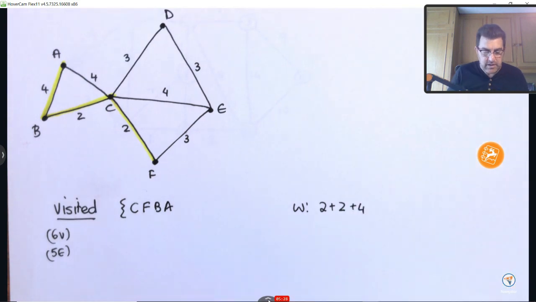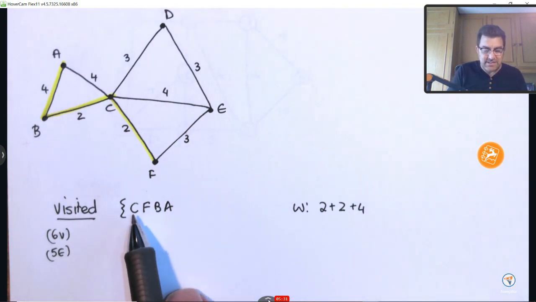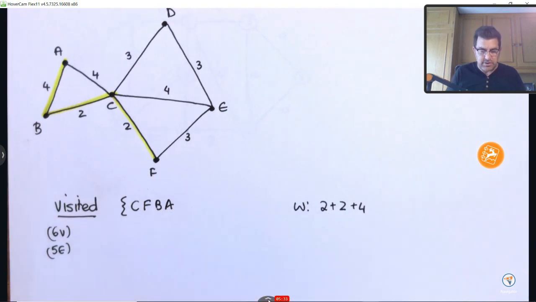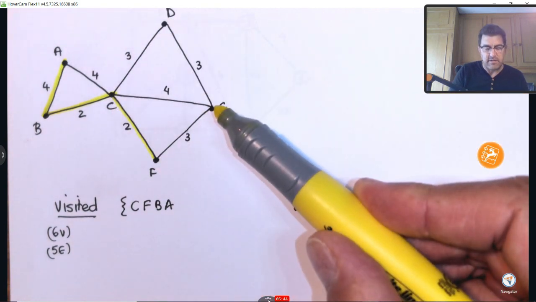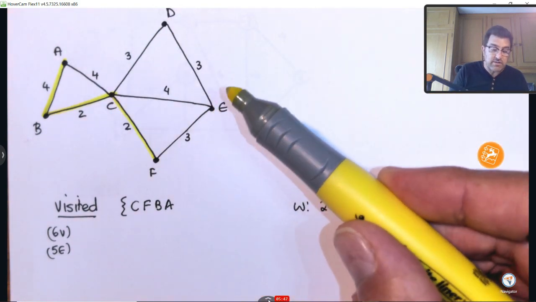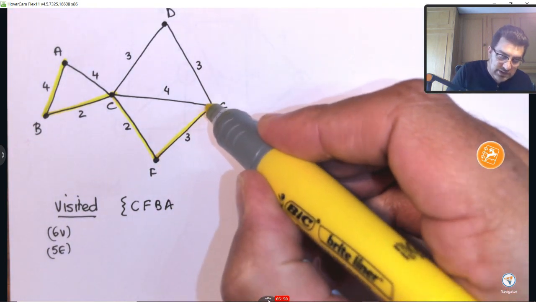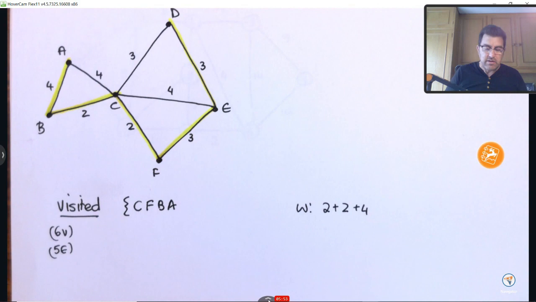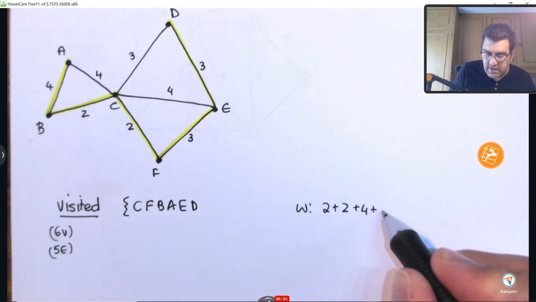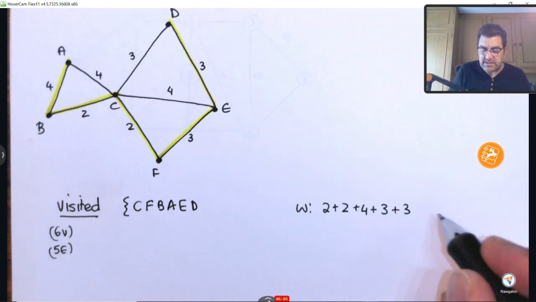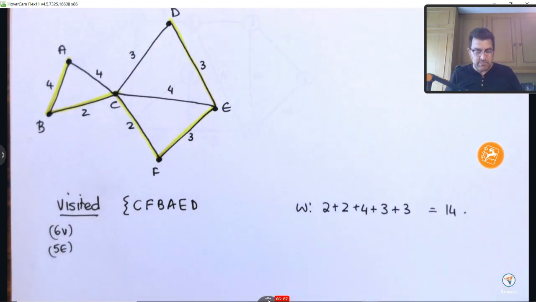Okay, so far we've visited 4 vertices with 3 edges. Now we need to get to D and E. And it really doesn't matter how we get there, because this is a weight of 3, this is a weight of 3, that's a weight of 3. Okay, if there was a shorter way to go there, we could have chosen it, but it really doesn't matter. So we would have then visited the vertex E and then finally vertex D. So we have 3 plus 3, that gives us 10, and